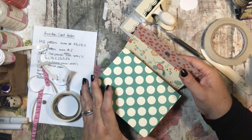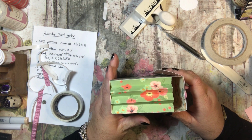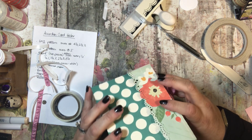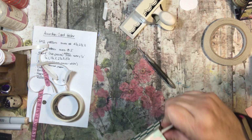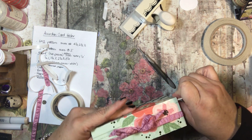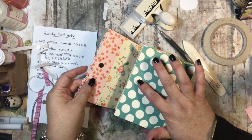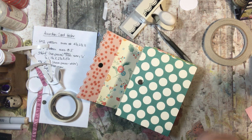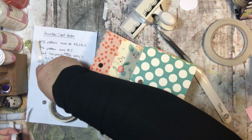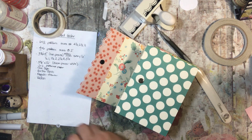Okay, and then you simply fold this where it would be. So I'm going to try to do it so you guys can see. I just fold it down where it would need to stick. I'm going to stick my bone folder in there just to kind of push against it so that it will actually stick to the paper, and so I can pull it off the magnet. And then you should be able to undo it. Yes, and then so both sides are stuck against the other side. Now, the instructions that I have seen for this, it doesn't tell you to do this part, and you don't have to. Clearly, it is good just like that. You don't need to do anything else,